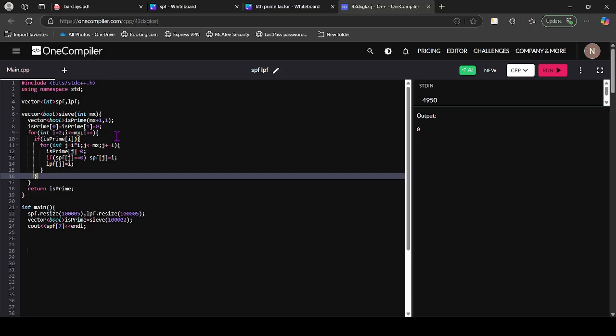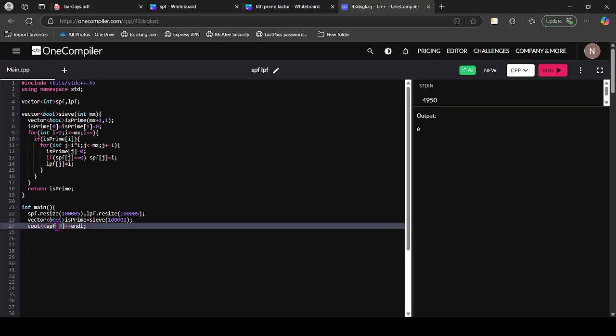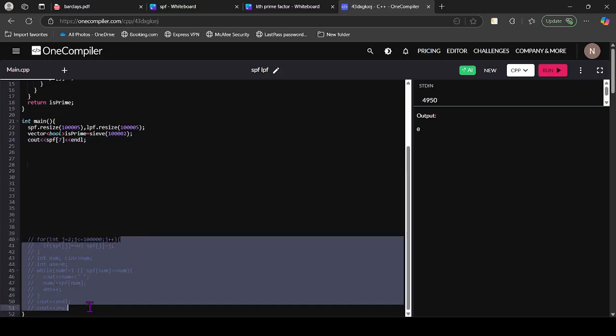But there is a small catch. For example, we are updating the sizes of SPF and LPF, and we are returning it, and now we are printing SPF of 7. It will return 0 because there is no prime factor found. But what is the actual smallest prime factor of 7? It is 7 itself, which is prime. So we can change the code a little,